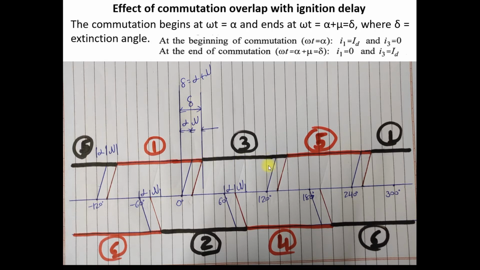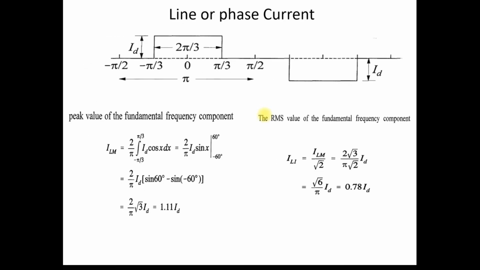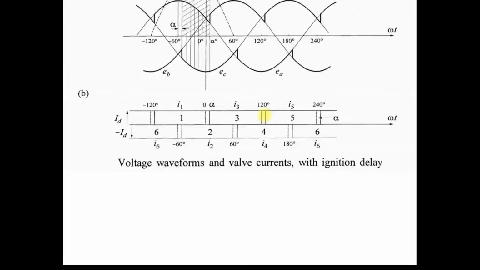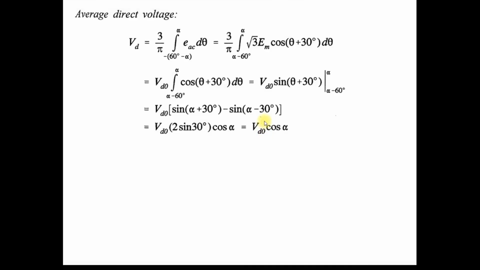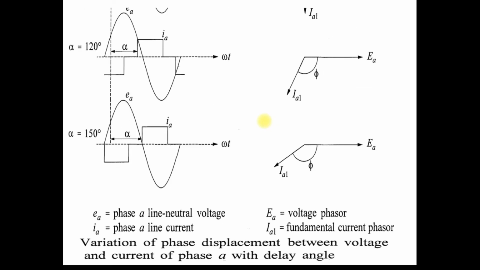Same like here, this is a phase crossover point. This 120 degree is the phase crossover point between valve number 3, whose phase is EB, and valve number 5, whose phase is phase C. So this is a phase crossover between EB and EC. Clear? You can see that 120 degree in the three-phase waveform. Here you can see that this is a phase crossover point at 120 degree between B and C phase. In the B phase, upper group valve number 3 is connected, and in the C phase, upper group valve number 5 is connected.